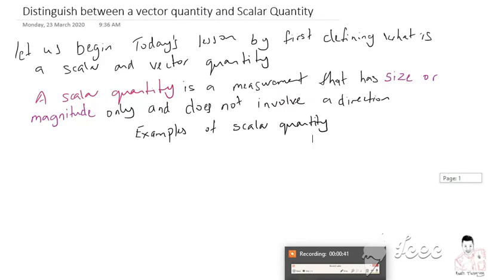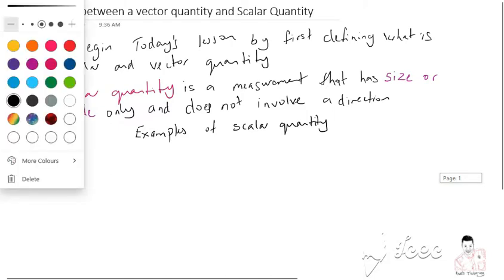Now, based on what you see on my screen here, a scalar quantity is one that whenever we take the measurement, we're only able to get the size or the magnitude. Good? And with that in itself, it does not involve a direction. Good. So one example of this would be